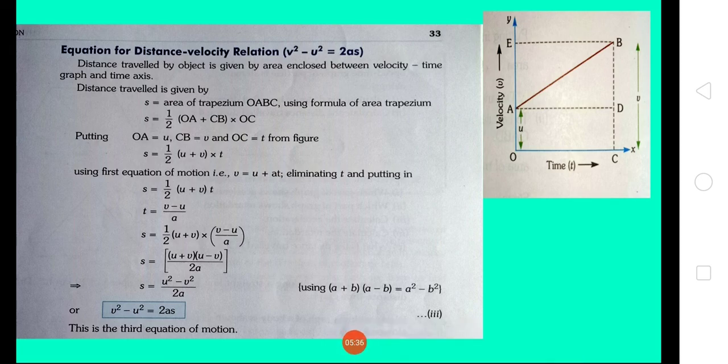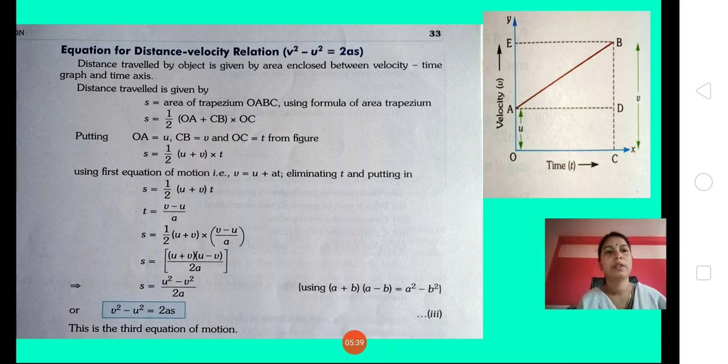I hope all the three derivations were clear to you. The first, we are using the same figure for all the three derivations. In the first derivation, v is equal to u plus at, we calculated the acceleration with the slope, and for the second derivation, s is equal to ut plus half at square, we calculated the area of the triangle and the area of the rectangle. And for this third derivation, v square minus u square is equal to 2as, we are calculating the area of